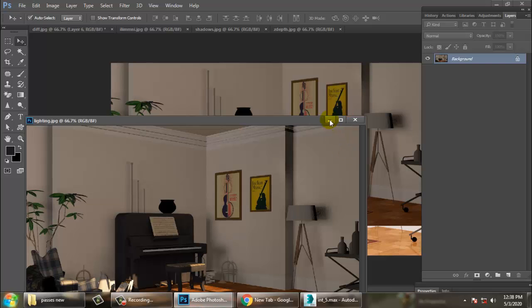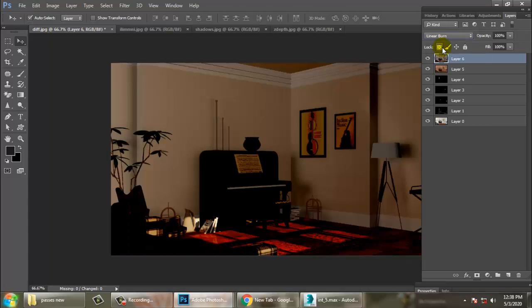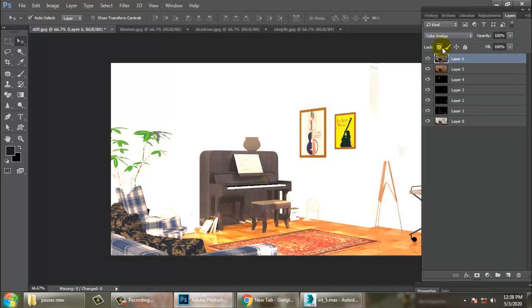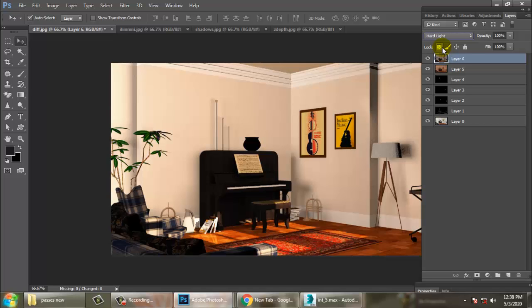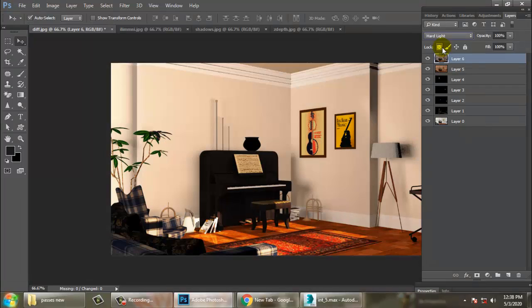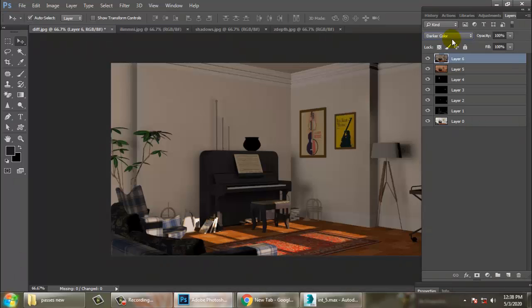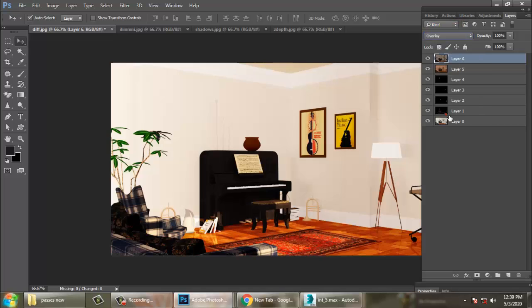I think we need one more pass, that's your V-Ray environment fog pass. Just go into this and use Hard Light.